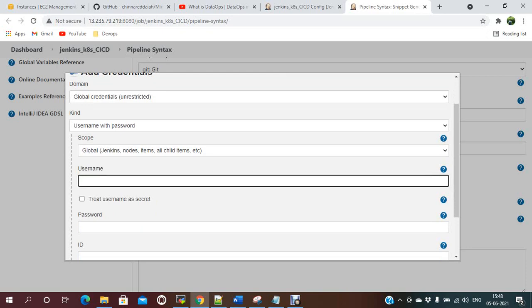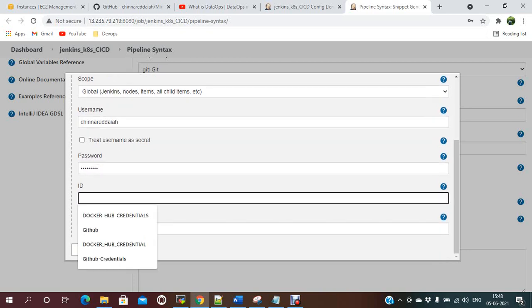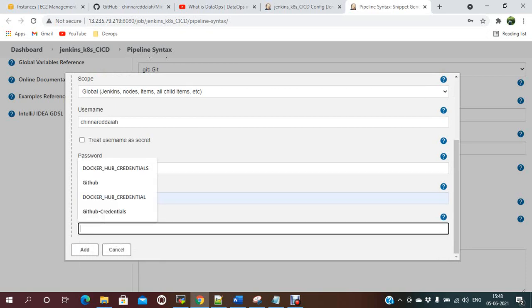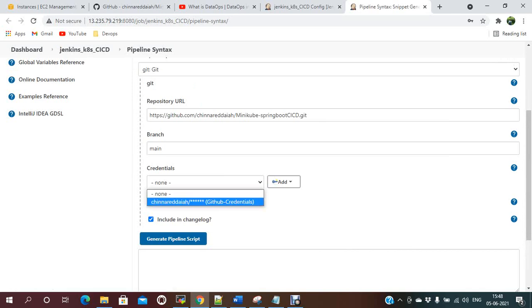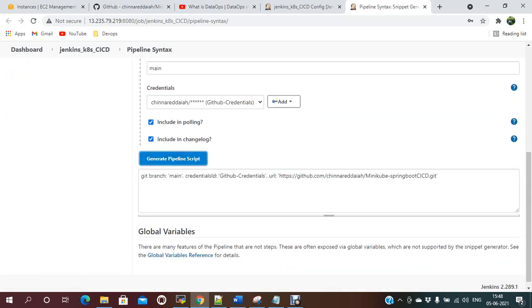My username is this, and the password, the same GitHub credentials. I'm just adding this one, GitHub credentials. Then I generate the pipeline, so the pipeline is generated.